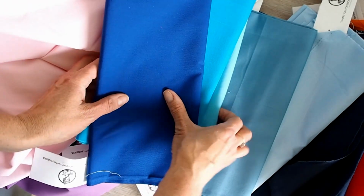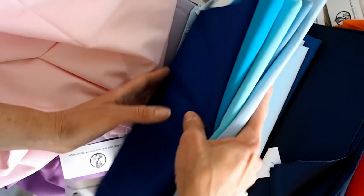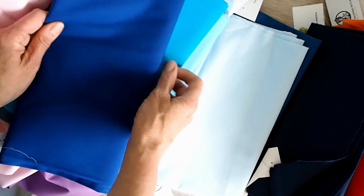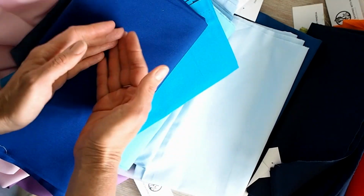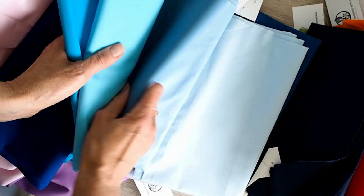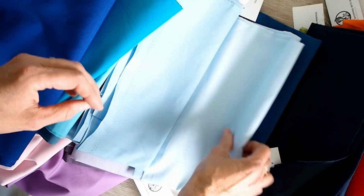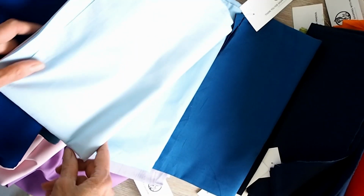And again, with that his and hers shirt that we were talking about a little bit earlier on in the video, you can see that they would look absolutely fantastic. So you could have a his and hers shirt, or you can go slightly off tone with the colours, and again they just look so great to stitch with. And again, as you're just seeing them here, I think you just get that wealth of